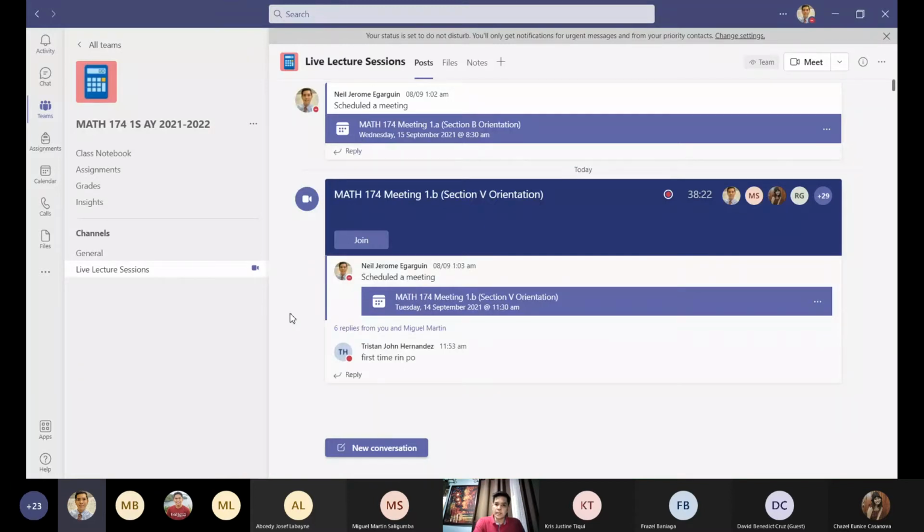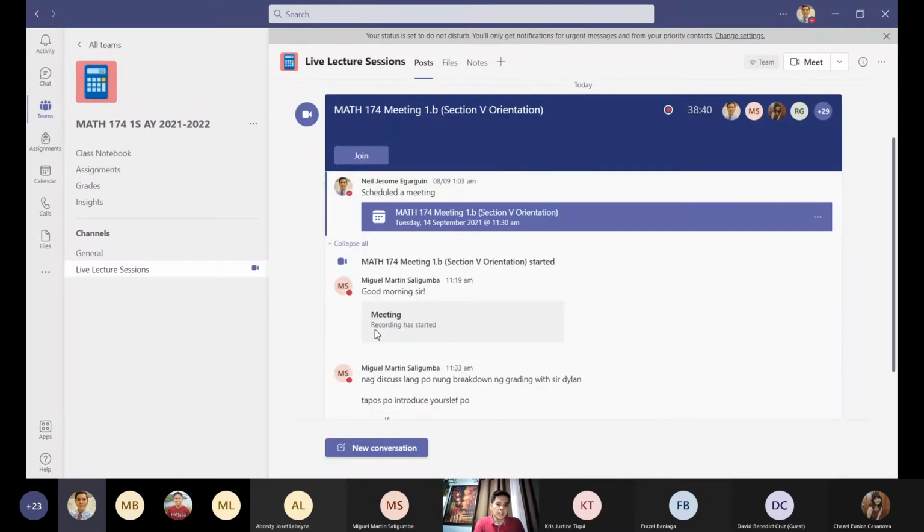For instance, here we are on the Math 174 Section V orientation meeting, so you will see that here. The nice thing about Teams is that once we end the meeting, 5 or 10 minutes after, the recording will be available under this thread.